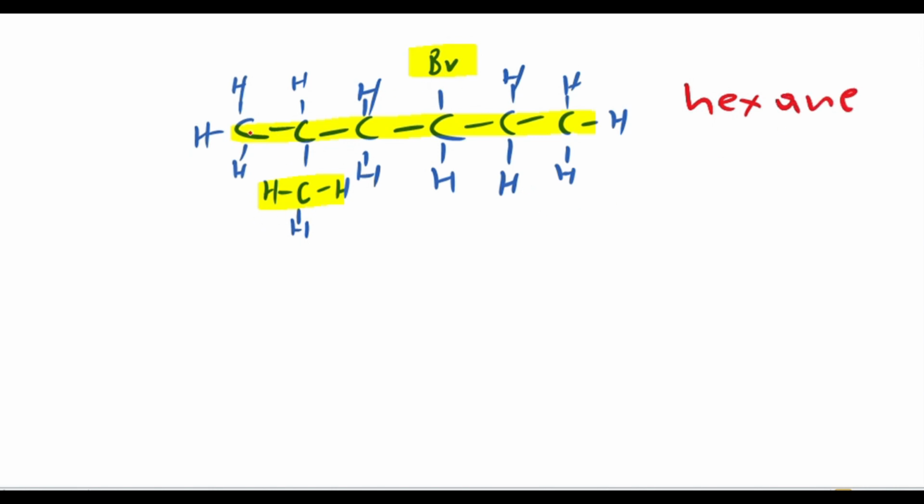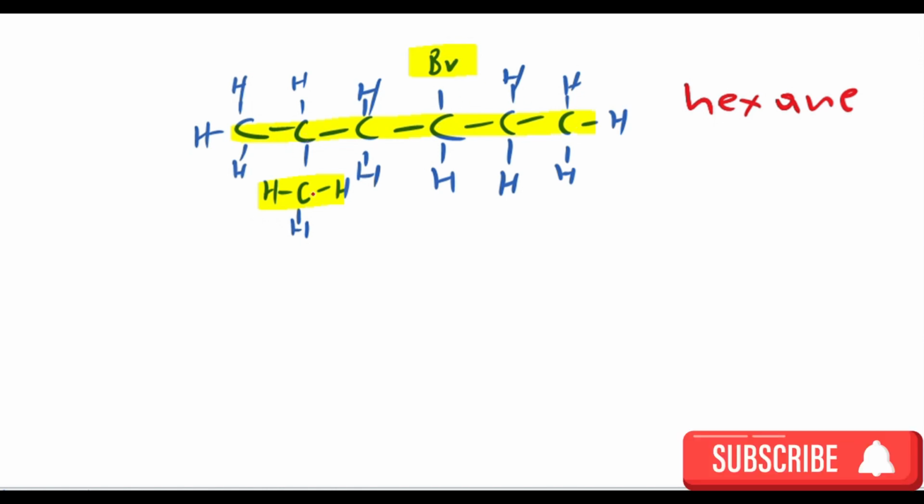Then we have this one. This one is on number 2 from this side, but this one is on number 3, which means we are going to obey this one. Therefore, we start from this side: 1, 2, 3, 4, 5, 6. Okay. So the bromine is on number 4, the methyl group is on number 2. So this is bromo on number 4, this is methyl on number 2. Therefore, the IUPAC name will be